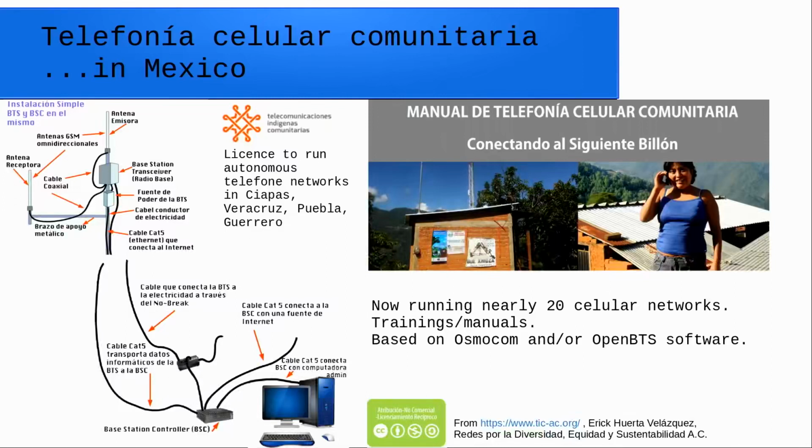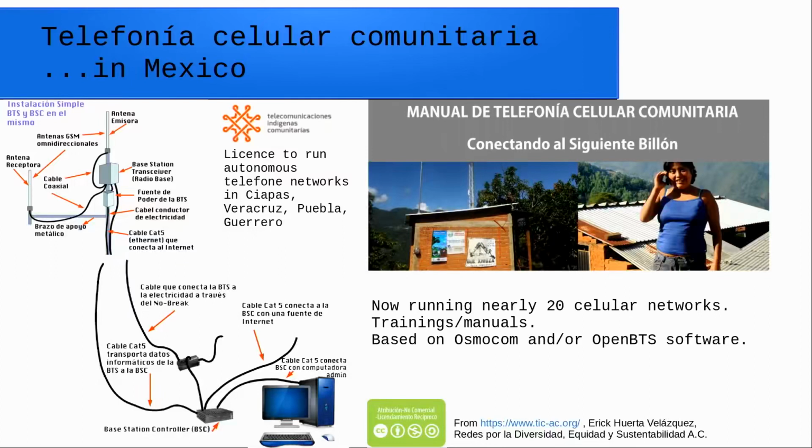I was some years ago in the south of Mexico for an article about the first community-driven cellular network, which was built on open source SDR technology like OpenBSC and OpenBTS, which made it quite affordable for the